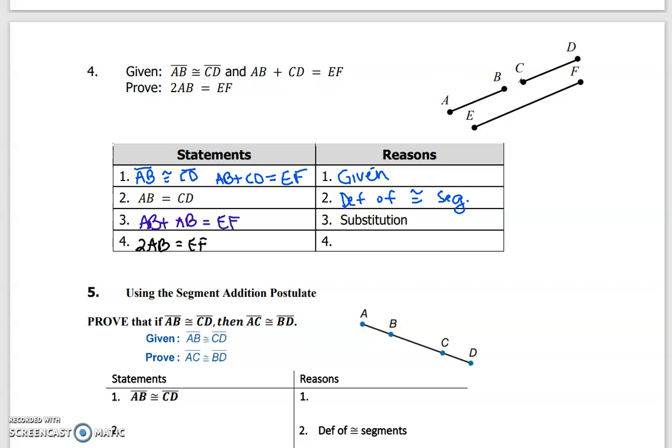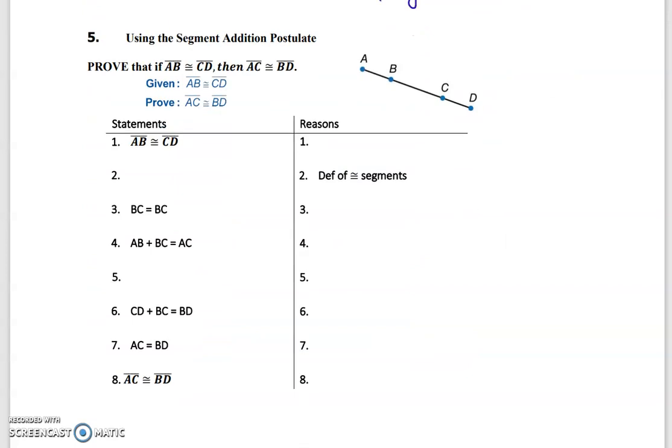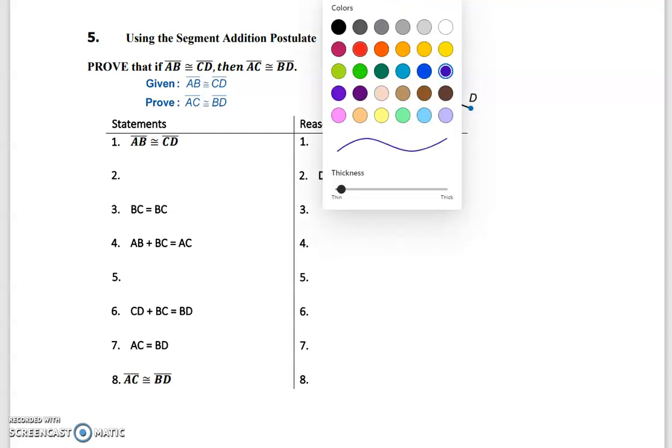Now we have 2 of them, and that is not adding, that is just simplifying, because we're not doing it to both sides. Simplify or combine like terms. All right, if you want to try number 5 on your own, go for it. Kind of gives you a little piece of most things, but if you need to follow along, you can do that as well. So first is our given,